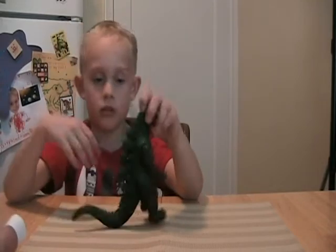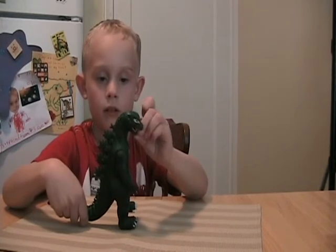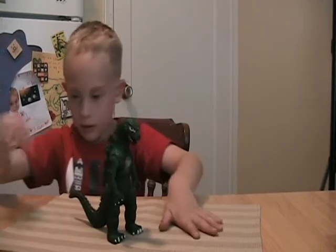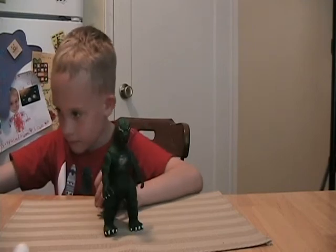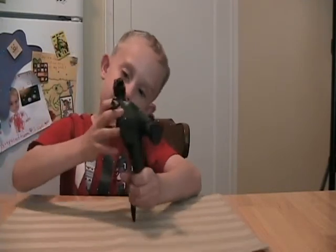I've always loved this figure. I still love this figure. If I was going to get one Godzilla, it would still be this one, guys. To be just straight up honest with you guys, I would get that one as well. And we're going to take a closer look at it, guys, because there is a lot of hate out there